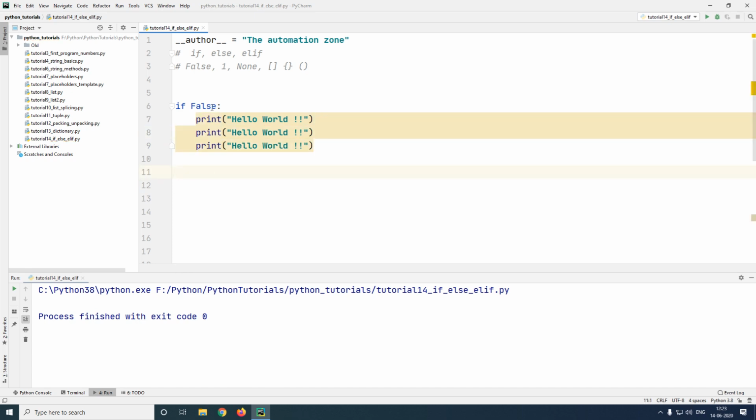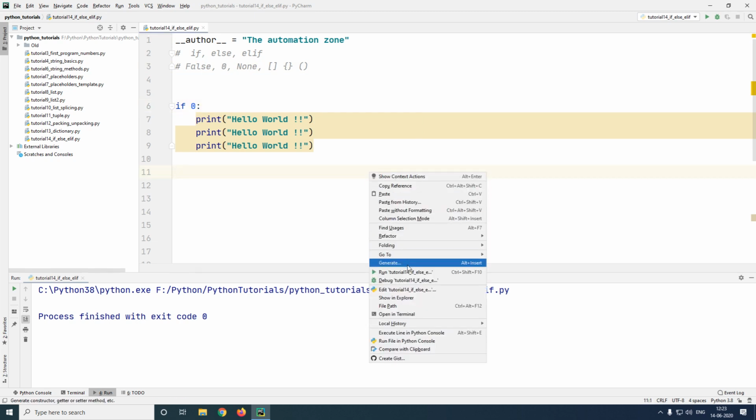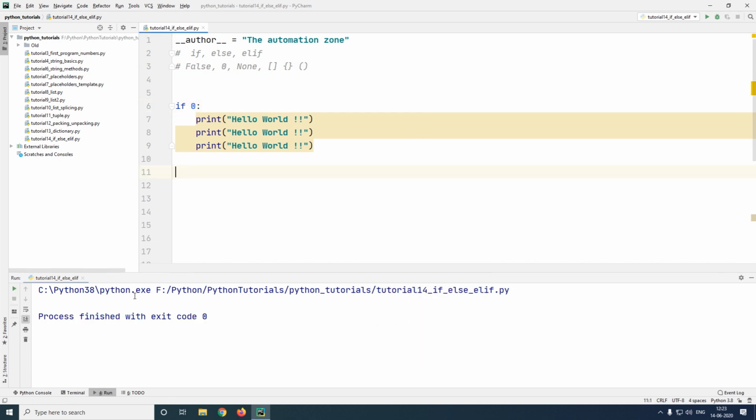Now you do not just need the value false. False in Python can also mean has the value 0. So if I were to replace false with the value 0, it would mean the exact same thing. As you see, nothing is executed. It can also be replaced by none or an empty collection such as an empty list, an empty dictionary, or an empty tuple.